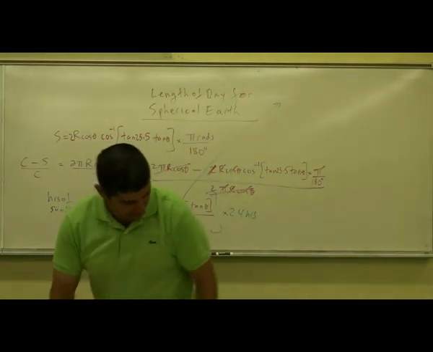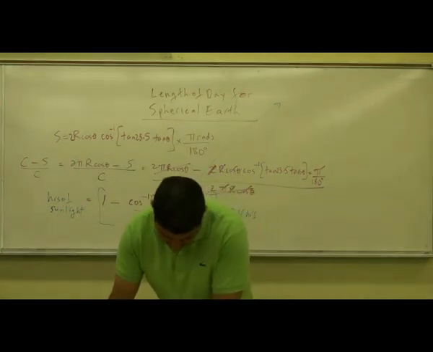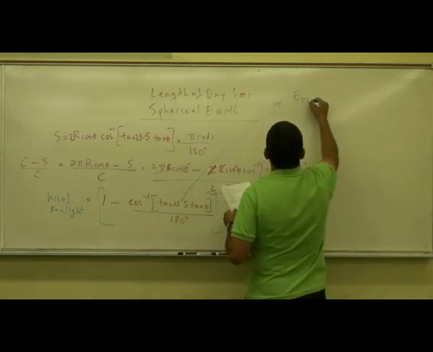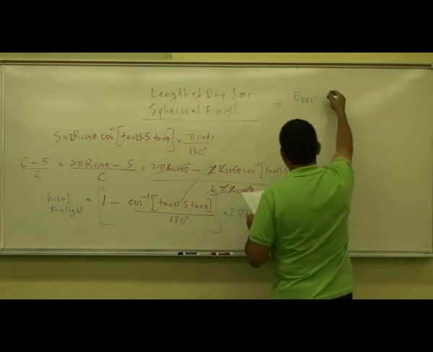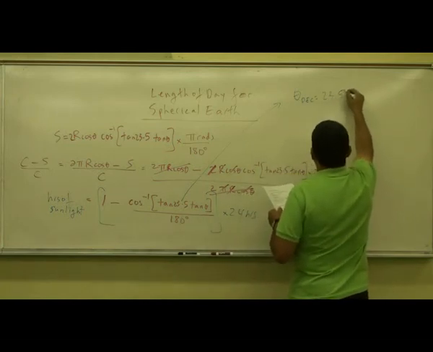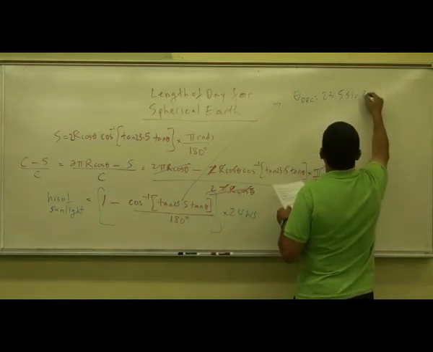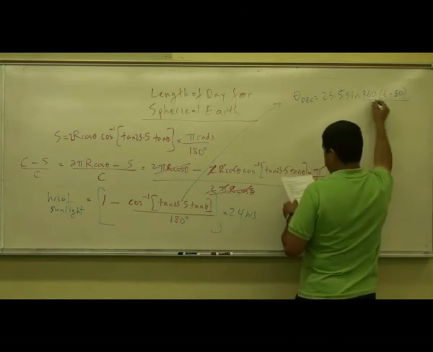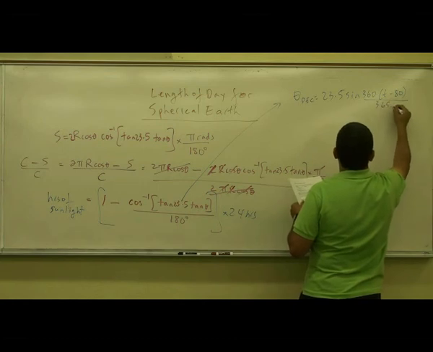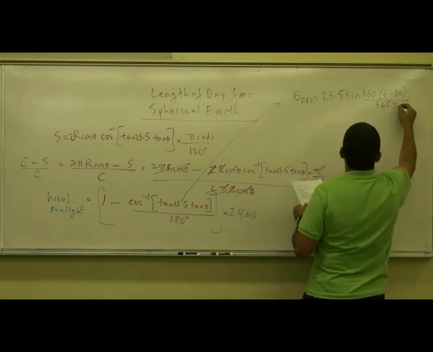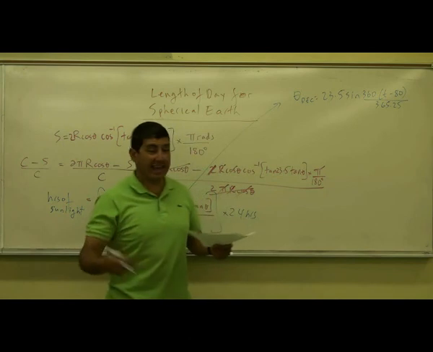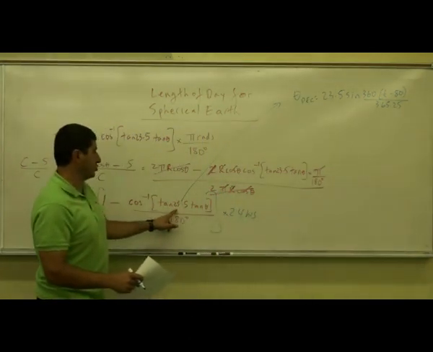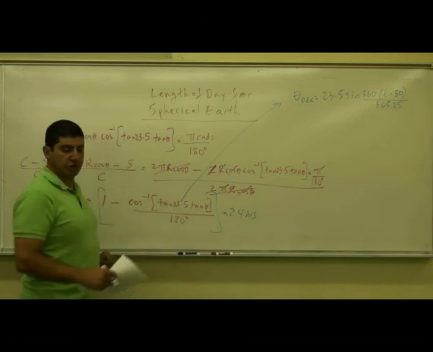So that equation is: the declination angle of the sun is equal to 23.5 sine of 360 times (t minus 80) divided by 365.25. So if you're given a certain day, you put that time there, you figure out what the declination angle of the sun is, then you put it into here, then you do your calculations for the number of hours